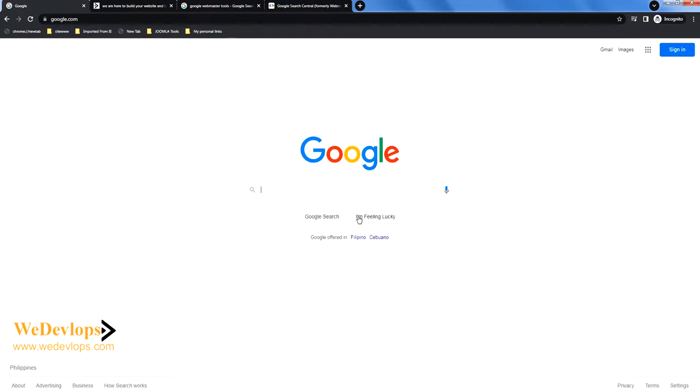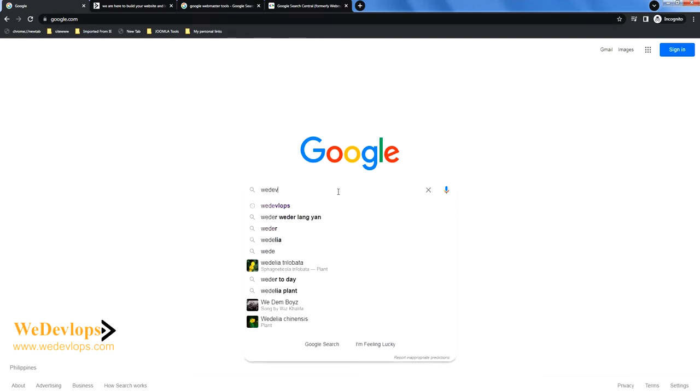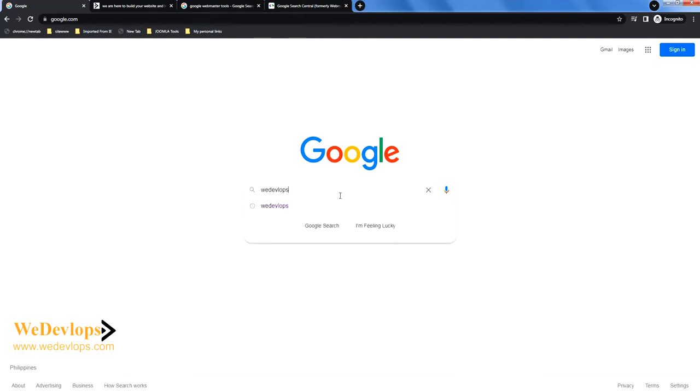Now here, one of the factors, if you have a website, you need to make sure that your website is optimized. In other words, it can be searchable via Google. Right now, Google is the biggest platform when it comes to searching. So let's say, for example, my keyword here, I will type webdevelops, and if you search that one,